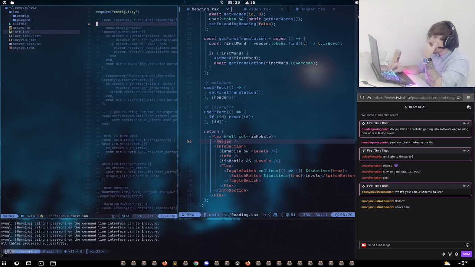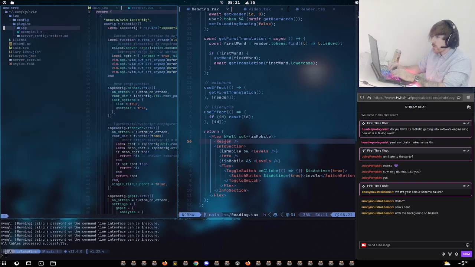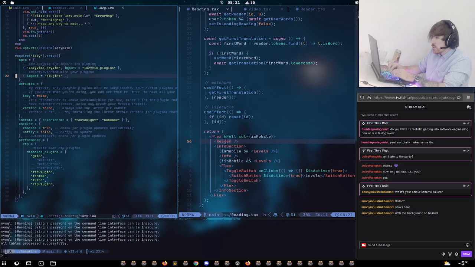I think it might. No, it's not in init then. Is it in here? This one. Yeah, Tokyo Night. Tokyo Night Moon. That's the color scheme. Looks neat with the background so blurred. Thank you.